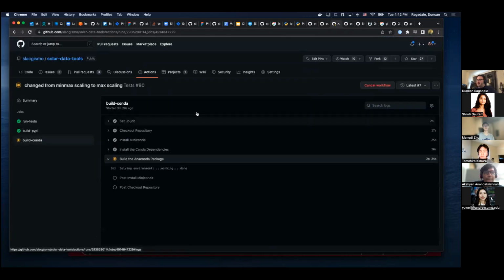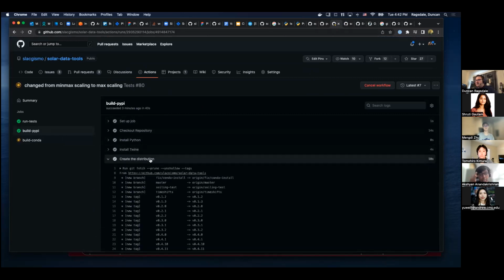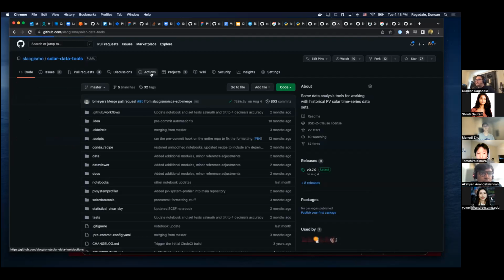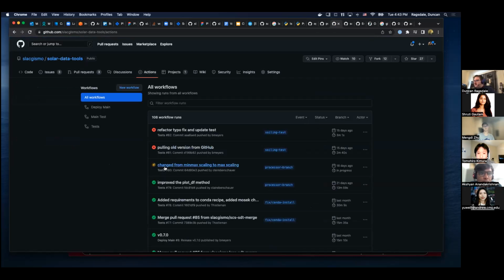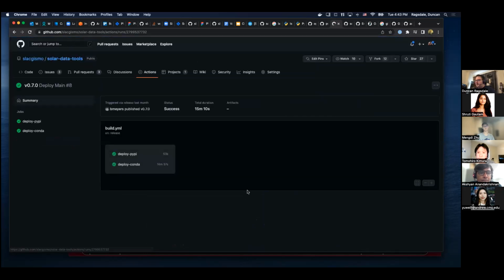So let's look at that one. Build PyPI. Is this the right one? No, that's not the actions I want. That's tests. I want deploy. Here we go. So deploying to PyPI,